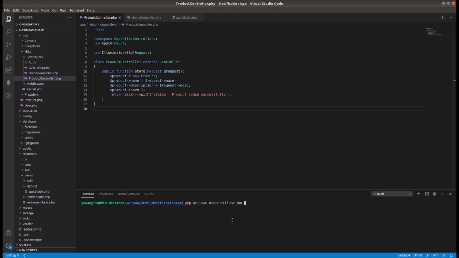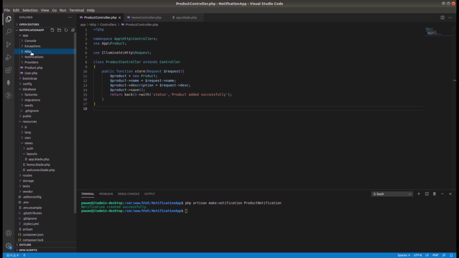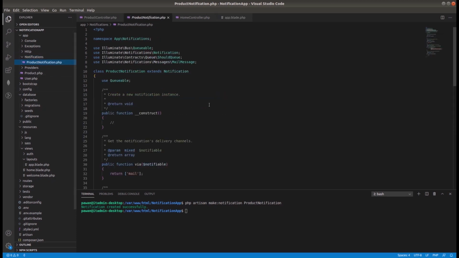Since we are creating a product, we can write ProductNotification, in camel case. Okay, here this folder has been created in which the ProductNotification file has been created.